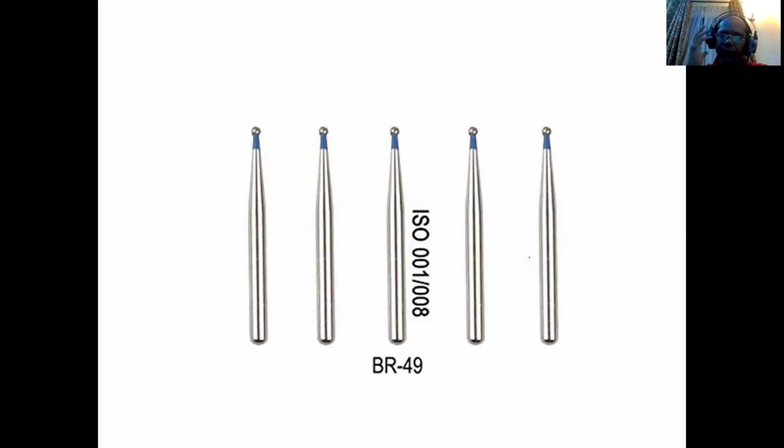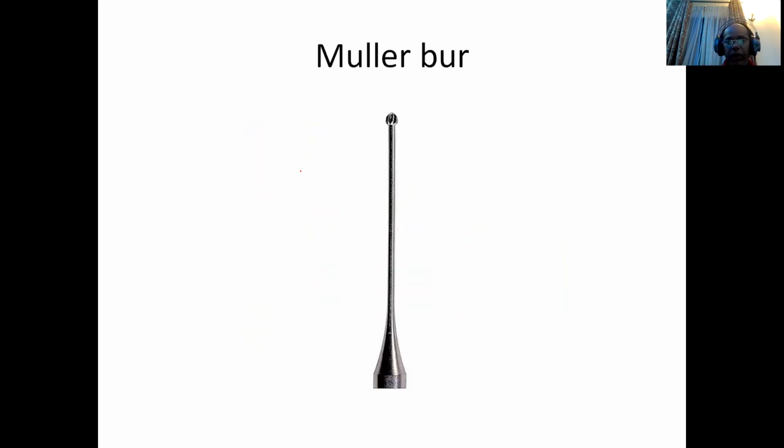If you don't have this, then use a bur. It should be a small round bur, 0.5 mm or less than 0.5 mm. A small-headed round bur can be used, and you can see these round burs here. Use them very cautiously, because as I told you, they can damage your floor and cause a perforation. Or this molar bur can be used, a long-shanked round bur, in a slow speed handpiece. That is safer than a high speed handpiece.